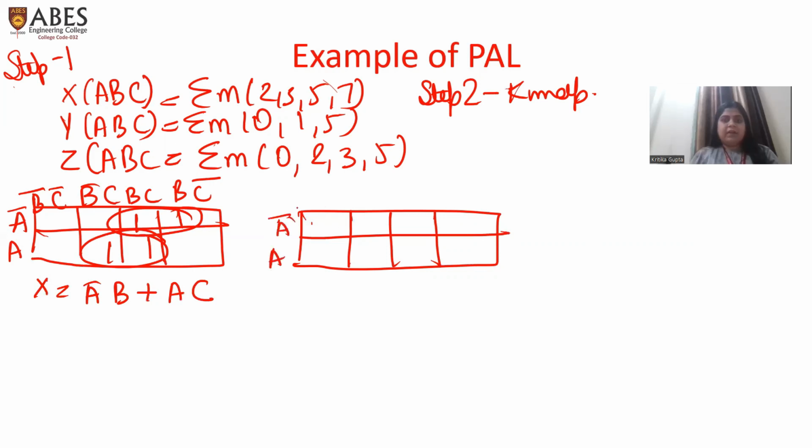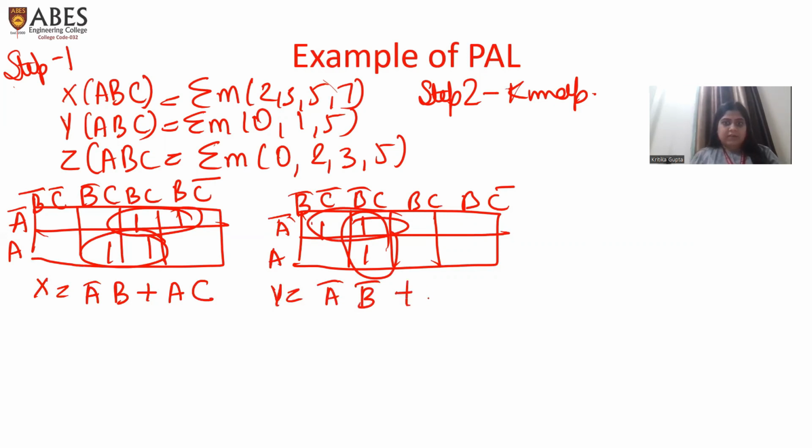A bar, A, B bar C bar, B bar C, BC and BC bar. 0, 1, 5. I'm getting two pairs. For Y, the equation is A bar B bar plus B bar C. Getting two minterms in Y. Similarly for Z,